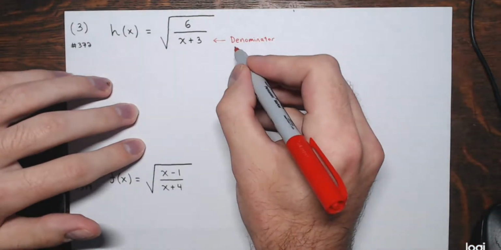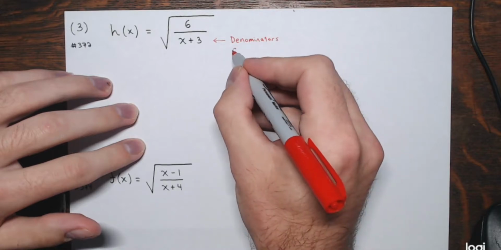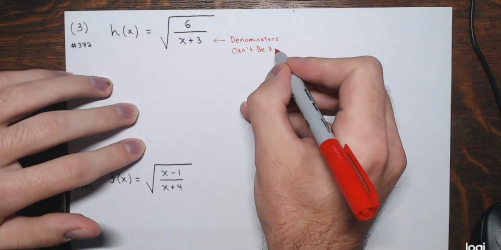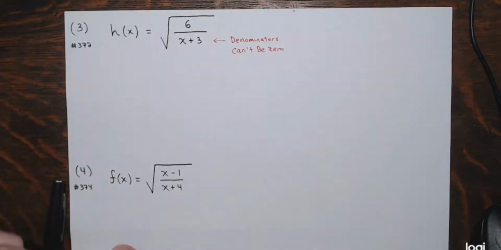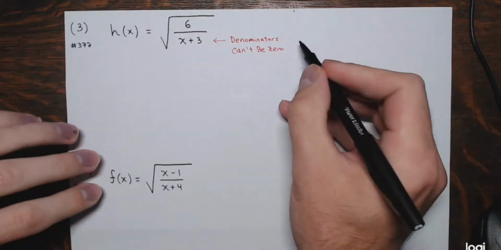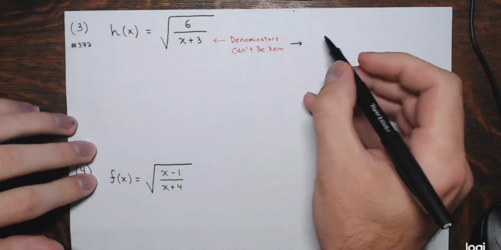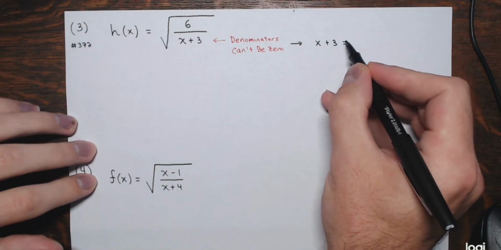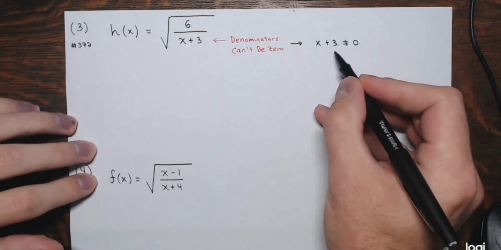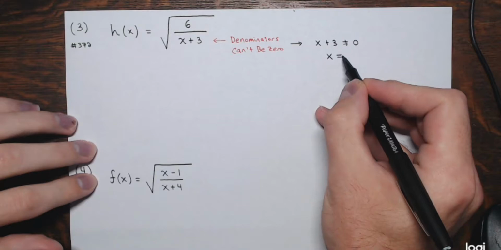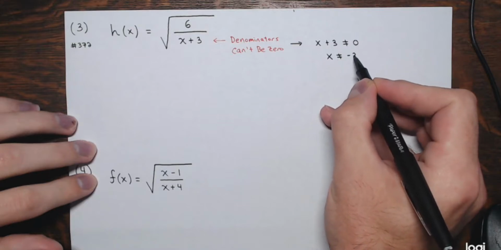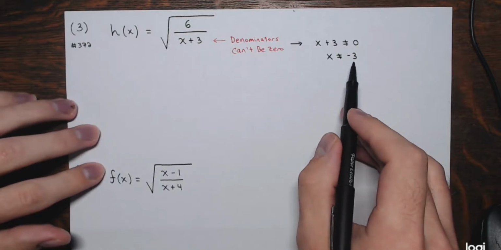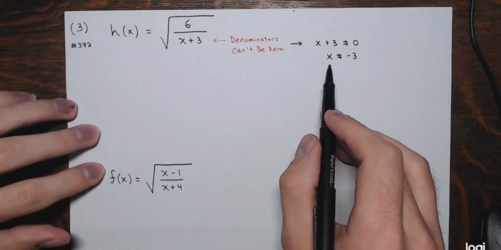Remember, denominators can't be 0. All right, so that tells me right away that x plus 3 can't be 0, meaning that x cannot be equal to negative 3. All right. So this is one condition on my domain, right? X can't be negative 3,